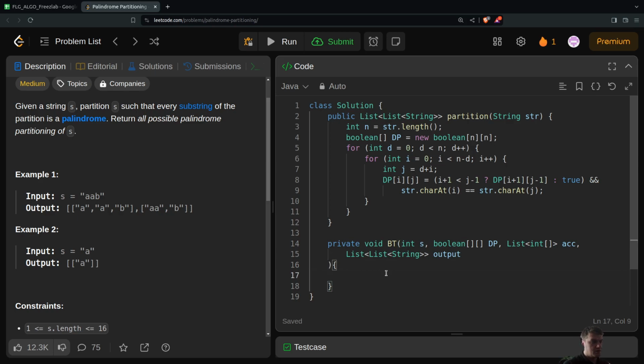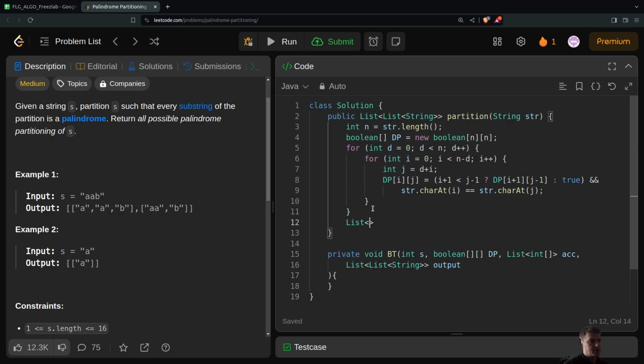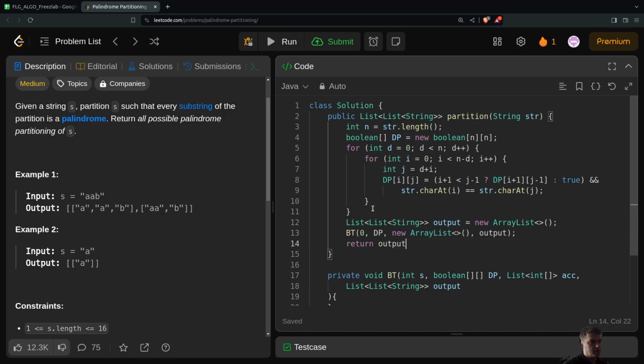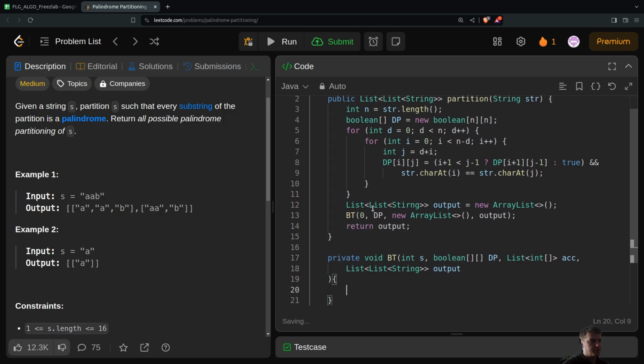And let's say I create the list of the string as the output equals new array list, and then I call bt starting from 0, then I pass dp array, I create a new array list as accumulator, and then I pass the output, and I finally need to return output. And for the bt, I need to check if the start index is actually equal to the